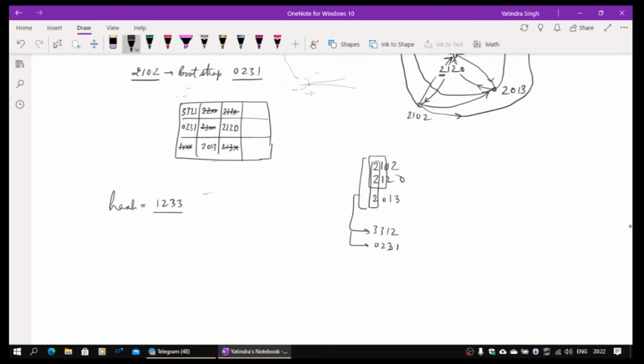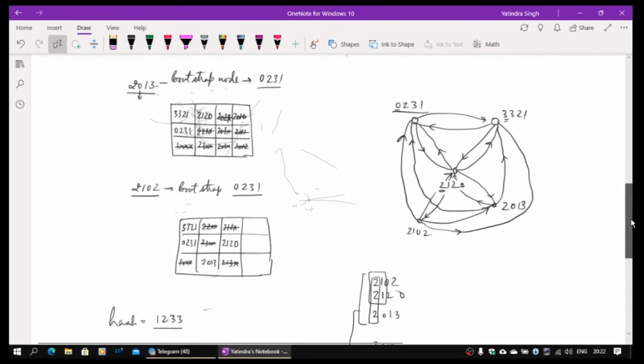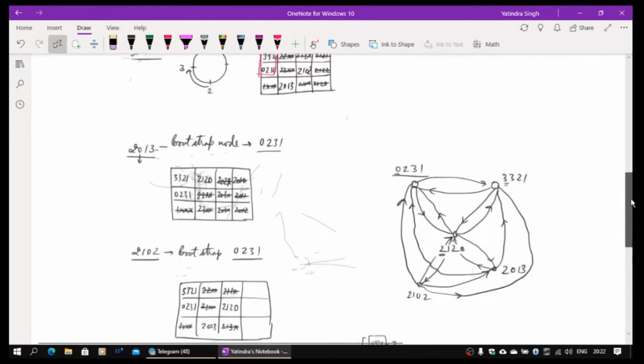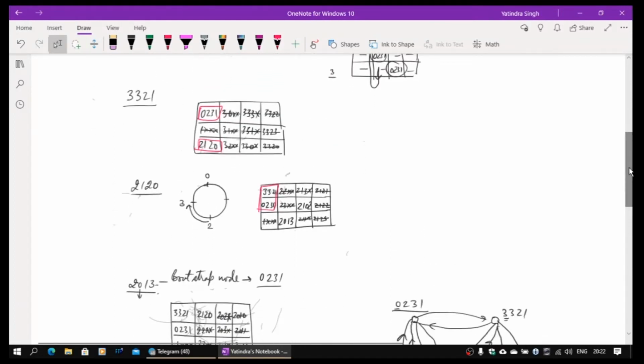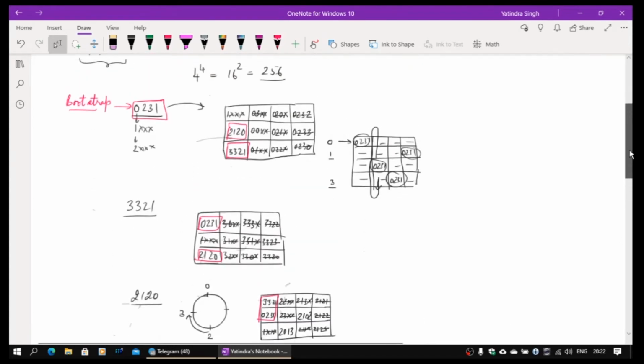Let's try it out with these given nodes. So 1233, let's see what will happen to them. If I start with 3321 or say 0231, how it moves and whether it goes to the right guy or not.